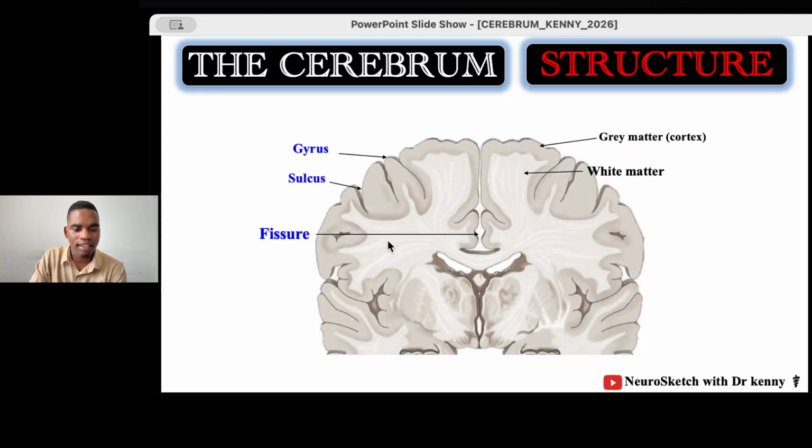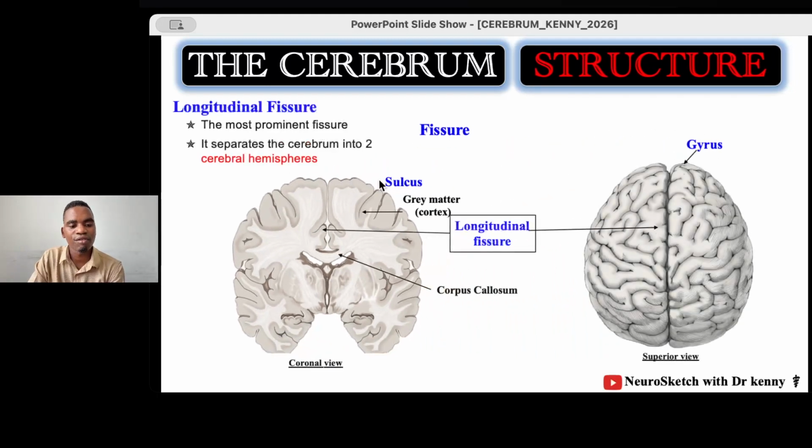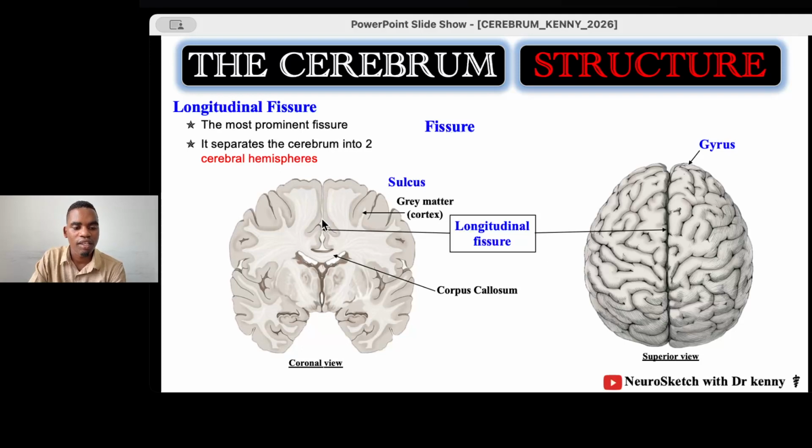And we have a picture here showing gyrus, sulcus, gyrus, sulcus, gyrus. Almost every gyrus is followed by a sulcus, and this here is a fissure because this is a deep sulcus. The prominent fissure is called the longitudinal fissure. The biggest or the deepest fissure is the longitudinal fissure. This is the most prominent fissure, and it is remarkable because this is the one that separates the two